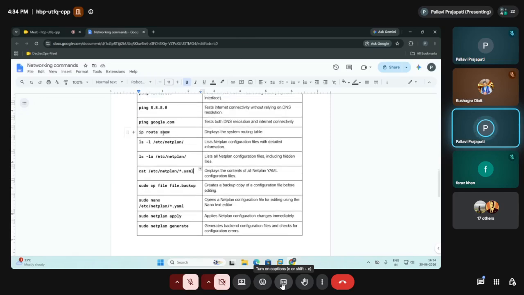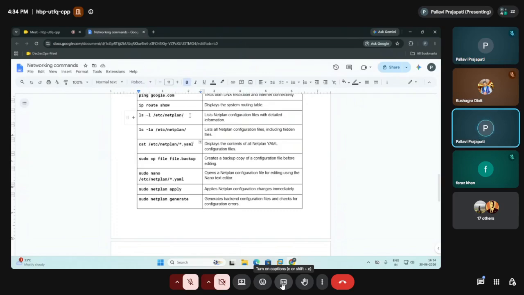See, I cannot go deep into this because it would take a long lecture. I only want to deliver the commands, that's why I'm explaining very briefly. Now, if you want to see the list of netplan configuration files with detailed information, you can use this command, ls -l, and then you name the file here.